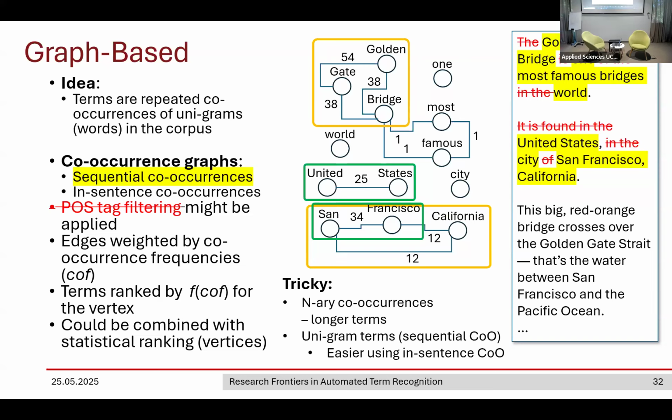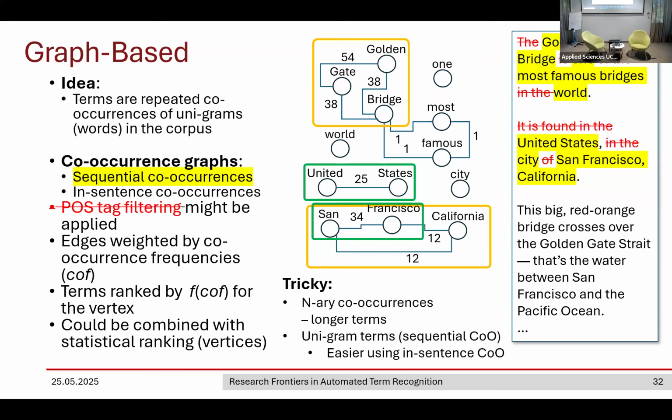So from here, we may judge somehow that Golden Gate is a good candidate, and Golden Bridge is perhaps a good candidate, and Gate Bridge is perhaps a good candidate. But unfortunately, we cannot directly judge that Golden Gate Bridge is a good candidate because it's a 3-gram, and there is no single co-occurrence relationship between those 3. So